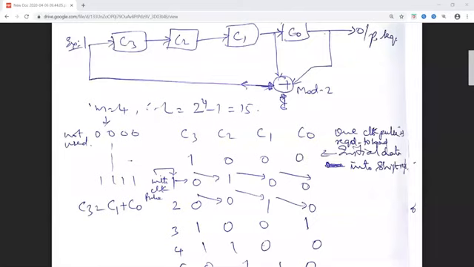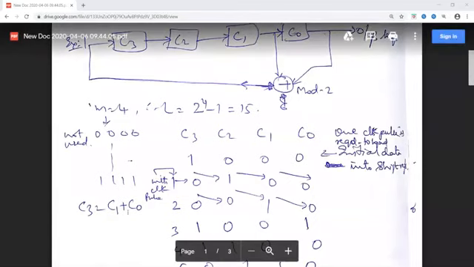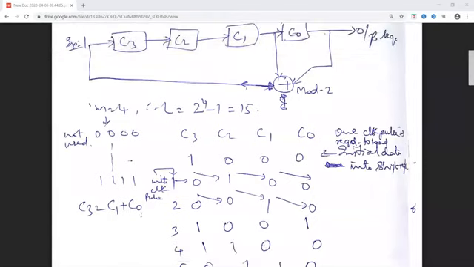So C0 and C1 are 0 and 0. You can see this expression here, C3 is equal to C1 mod 2 with C0. So 0 mod 2 with 0 is 0 here. Next, I will apply another clock pulse. Now when I apply the next clock pulse, the content of C3 gets shifted to C2, C2 gets shifted to C1, and C1 gets shifted to C0.